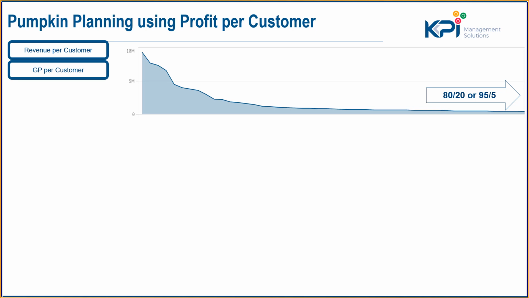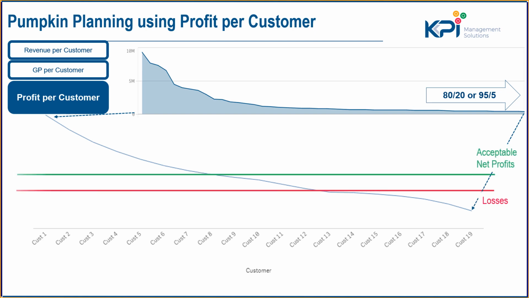Organizations often are able to measure gross profit per customer. That's another measure. I'll show you why in the demo that can be misleading. What we try to advocate is profit per customer, and not standard cost profit, actual profit. And what we do is we set out to look for lining up your best customer to your worst customer,